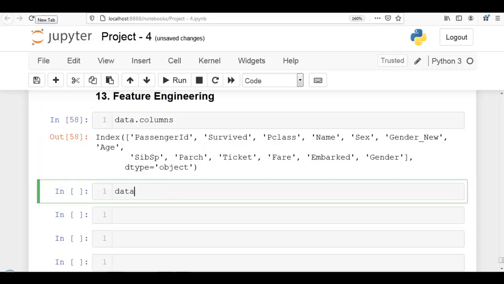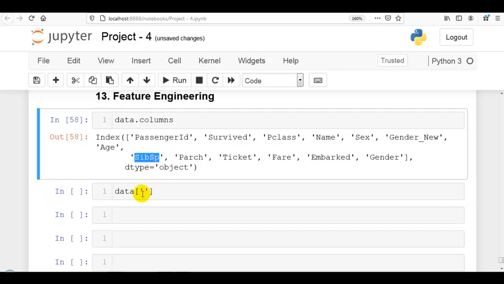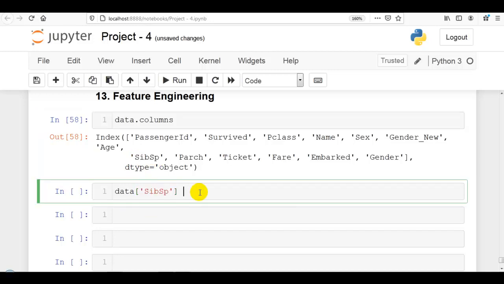So data, let me copy this column name and paste it over here, plus data and this column. Let me copy and paste it over here. So let's create a new column with name family_size equal to this statement.